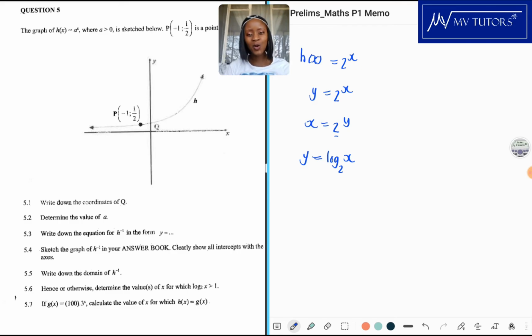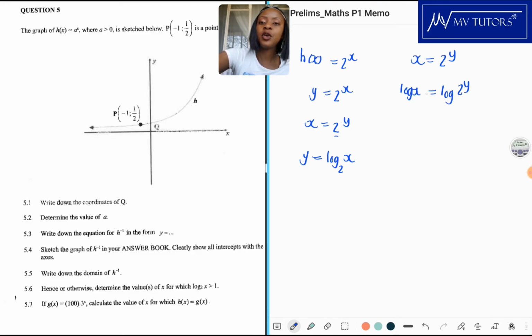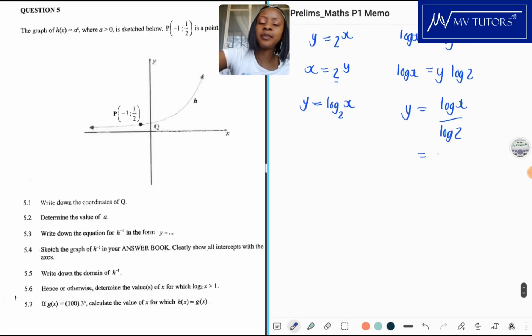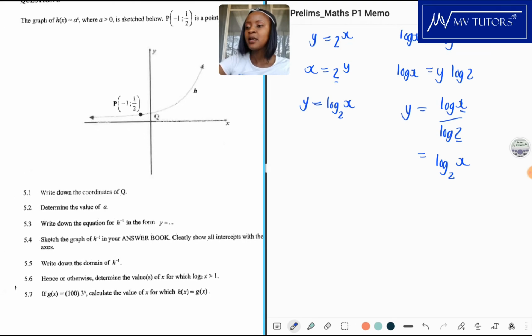2 of x. If you don't know how to just see it like that, you can apply log to both sides. When you have an exponent, you can take it down. So you have log 2, log x, and if you want y alone, it's basically going to be log x divided by log 2, and that would then be log base 2 of x. That's a very long way of working it out, but if you understand it, then great. And that was like what, 2 marks? Yeah. So now 5.4